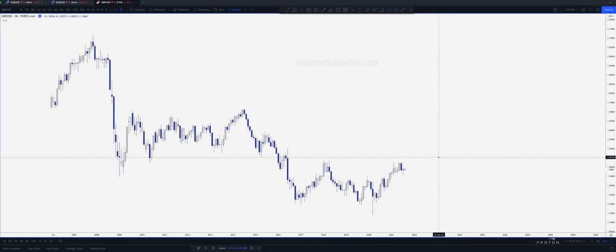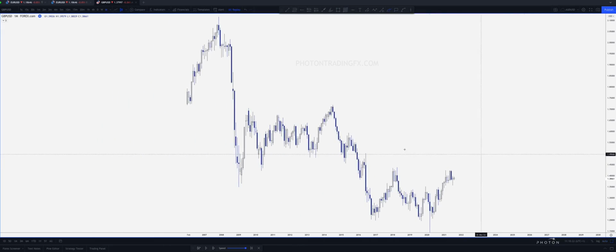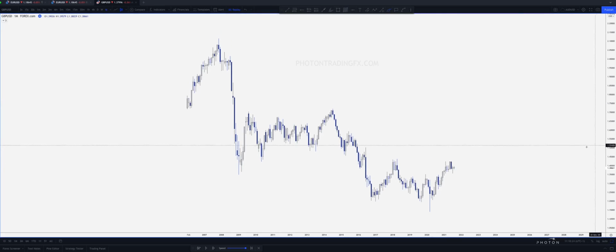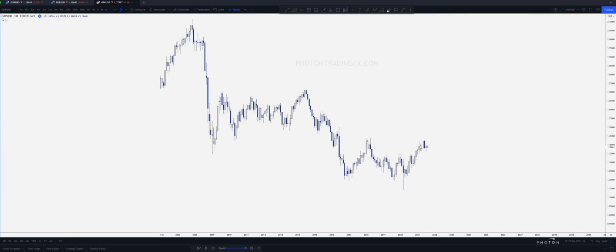So at the moment, long term, I would still say the overall trend is still very much bearish in that more monthly to quarterly time frame. However, we do have to be aware that we've had a massive sweep of liquidity here, right? We are starting to break structure to the upside. So I think if we can start to try and clear these highs with sustained momentum, then potentially we'll see